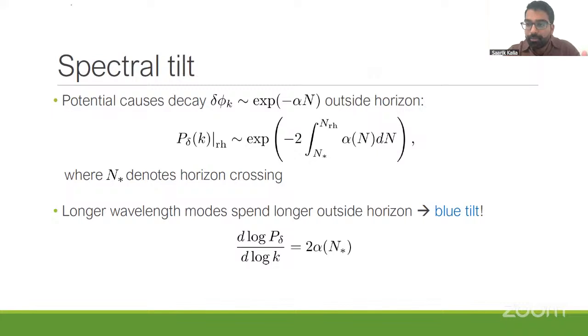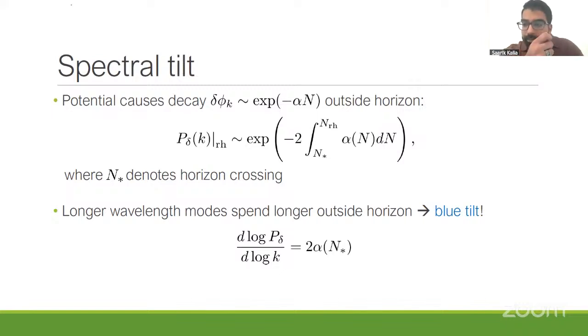Basically, the upshot of all of this is that if I want to talk about, say, the power spectrum of the perturbations, then any given mode is going to be damped by the integral of alpha for the entire time it's outside the horizon. So here in this integral, this N star is when the mode crosses the horizon. This is when k tau equals 1. And then N RH is just the reheating, which I've taken in most of my plots to be N equals 0. So again, they get suppressed the longer that they're outside the horizon.